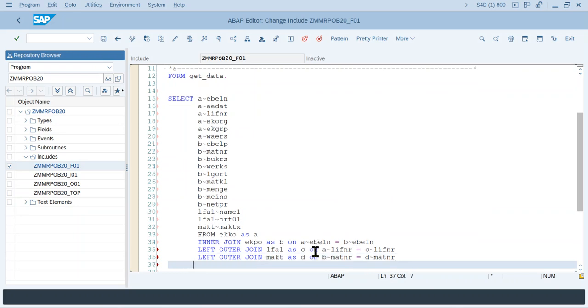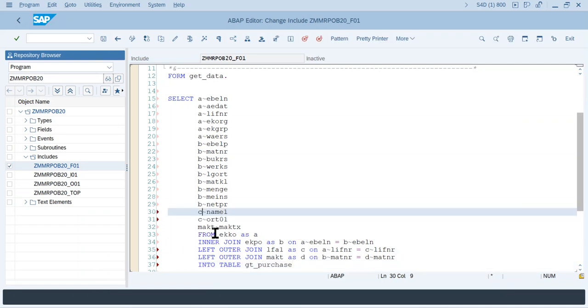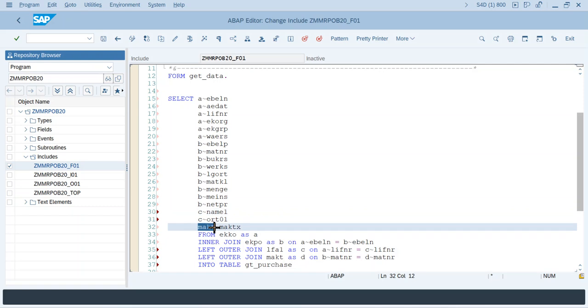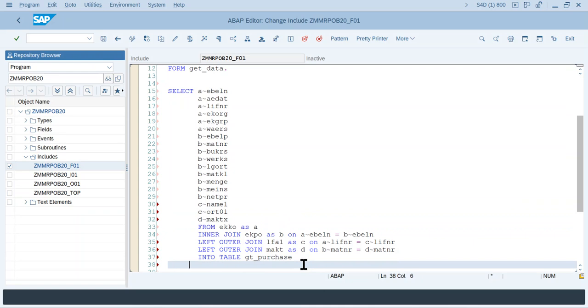Okay, and into table GT, global table underscore purchase, right? And this should be replaced with C, since you have taken nickname as C, and this should be replaced with D. Okay, and where